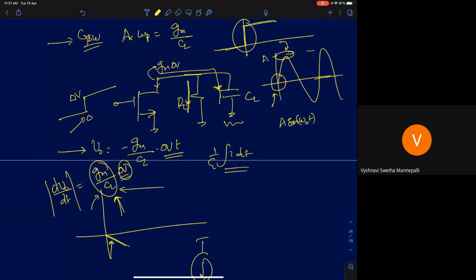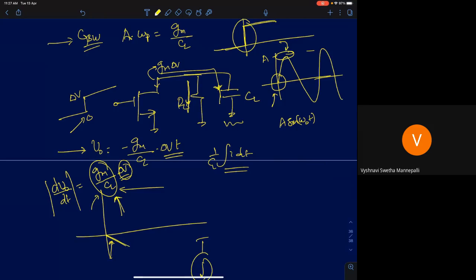0. Is that fine? Because your sine wave increases maximally at the origin, it reaches a peak, and then it returns back to a negative value. So slopes will be maximum at these 2 points. Whenever the sine wave is crossing the 0, that's where the slope will be maximum.